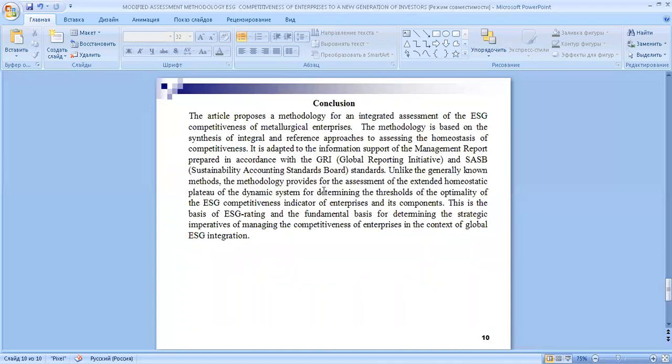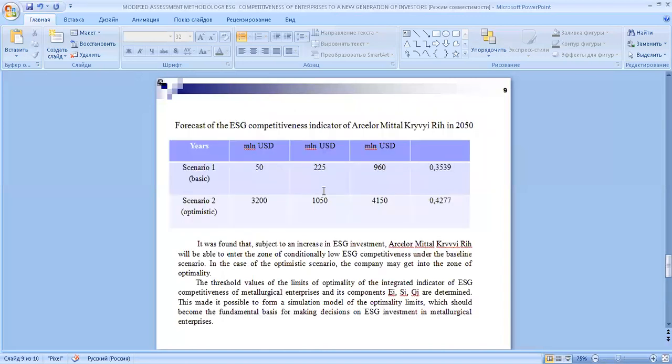There are some conclusions of our article that, in general, our article proposes a methodology for an integrated assessment of ESG competitiveness of metallurgical enterprises, and this methodology is based on the synthesis of the integral and reference approaches to assessing the homeostasis of competitiveness. And the main result of our article, you can see, is our forecast for scenario, and we can see the second scenario, optimistic for ArcelorMittal Kryvyi Rih. It can be